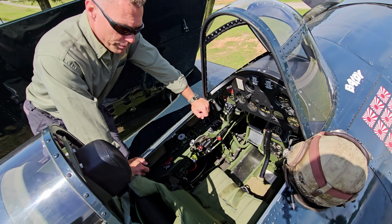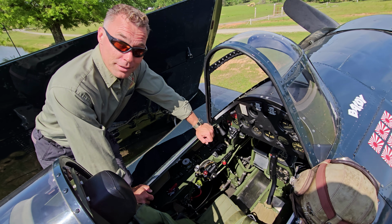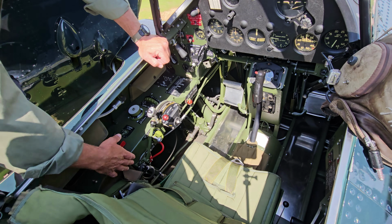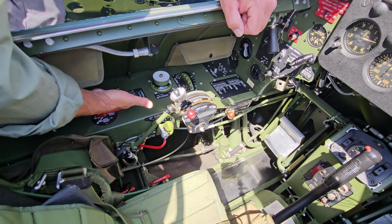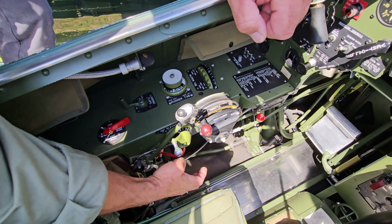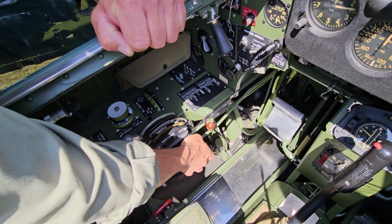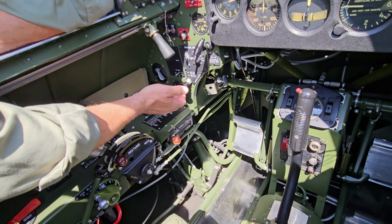So as you can see, this is one of the most original cockpits you'll find on any fighter today. They did a tremendous job restoring this aircraft. It's got all the original equipment, all the gun charging handles on the bottom, for example. Here's the supercharger selector. We got the fuel selector, the flaps, which is only 2 positions, up or down. We got 3-axis trim, the throttle quadrant, of course, the tailwheel lock. It's in the unlocked position right now. This would be locked, and that would be unlocked. We got the recognition lights. This is the propeller